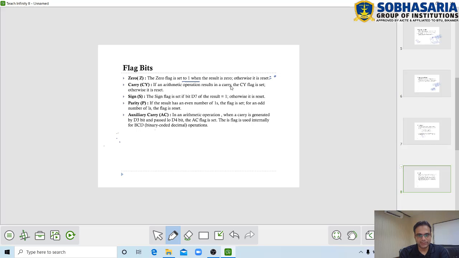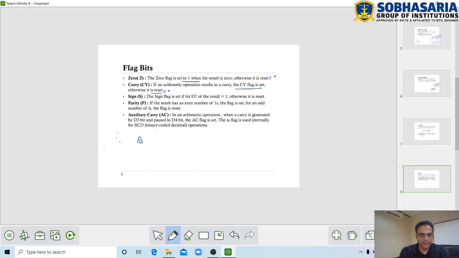In that case, the carry flag becomes 1, otherwise it remains reset or 0. Next is the sign flag. If a result has the D7 bit as 1, then the sign flag becomes 1, otherwise it remains 0.